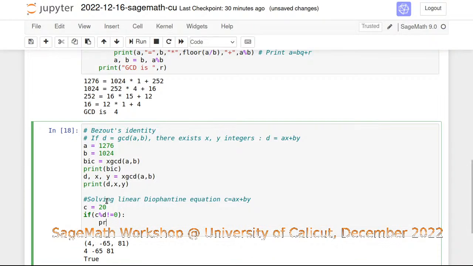What we are supposed to print? The linear Diophantine equation, we actually want an integer solution for the equation AX plus BY is equal to C, provided that GCD of A and B divides C. So if C percentage D is not equal to 0, we will simply say that this is not solvable. Otherwise,